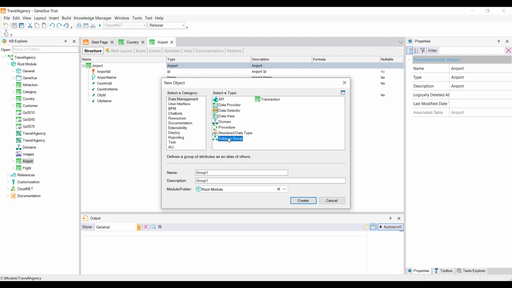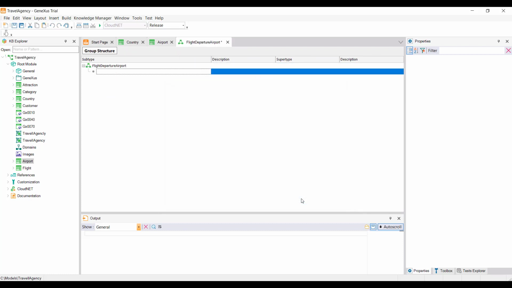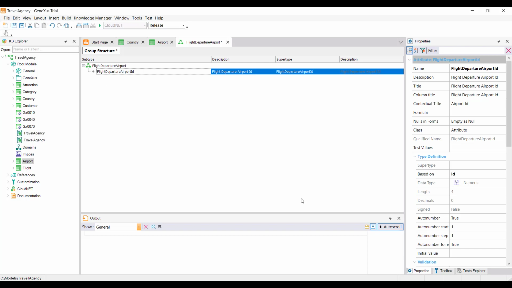The first thing we must do to define subtypes is create a group of subtypes. So, we create a new object of the type subtype group and name it flight departure airport. In the first line here, we type the dot, and Genexus suggests the attributes that start by flight departure airport, which we'd already defined in the flight transaction. We then select flight departure airport ID, press tab,